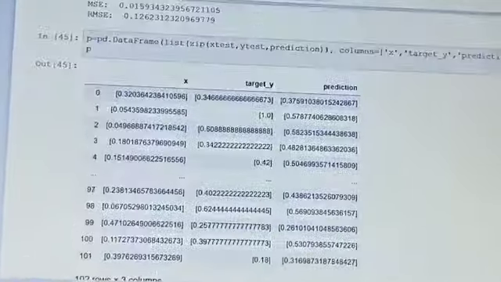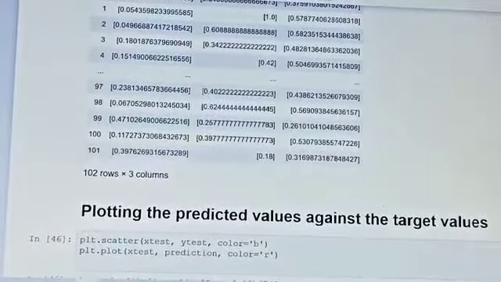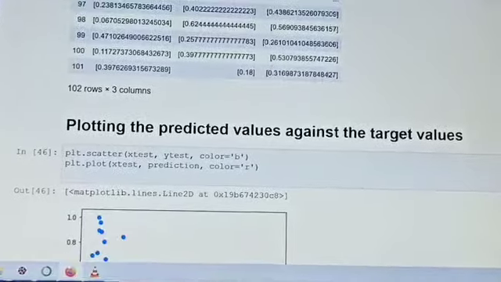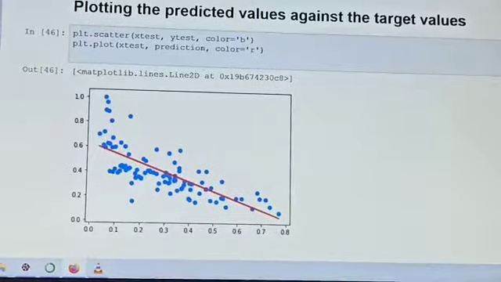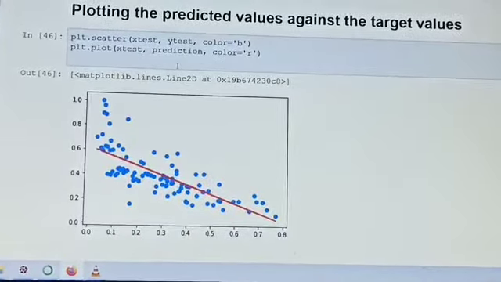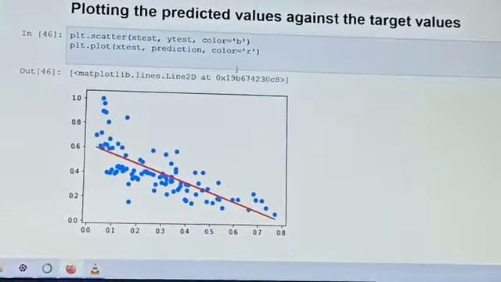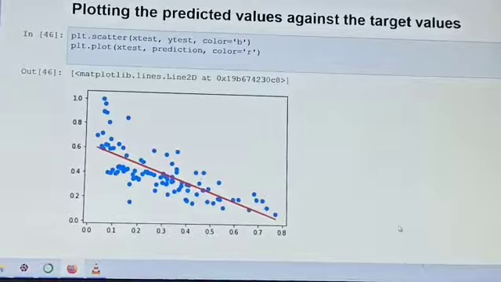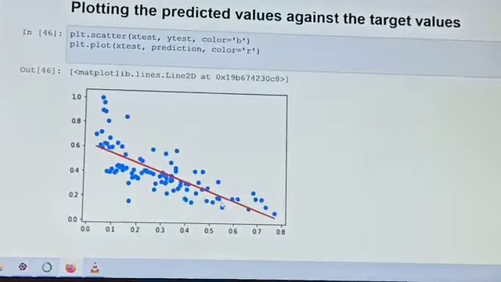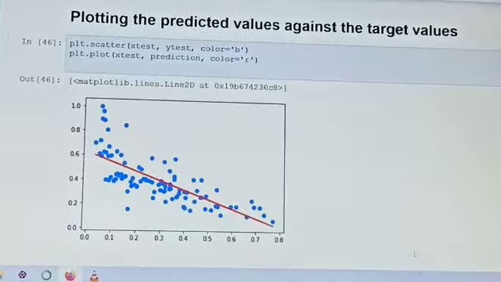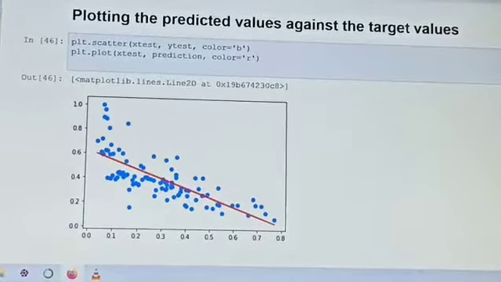Now the next step is plotting the predicted value against the target value, and you see plt.scatter x_test, y_test, color blue, plt.plot x_test, prediction, color, and this is the predicted value against the target value, and this is the graph. This is the linear graph, and we also use linear regression.